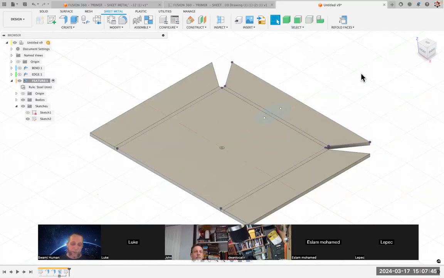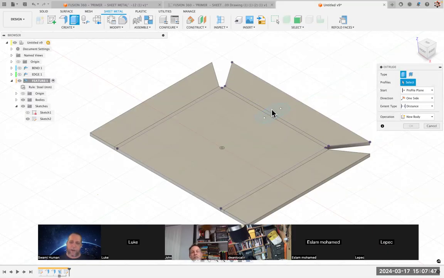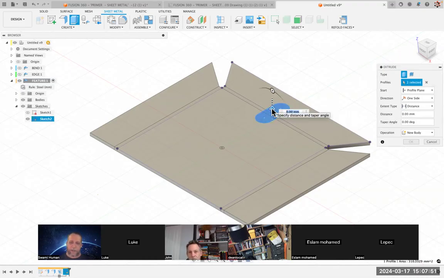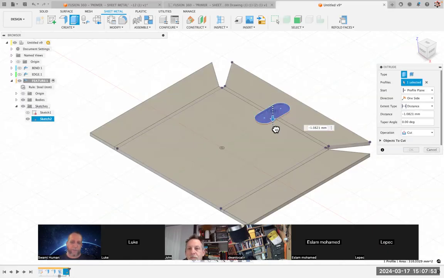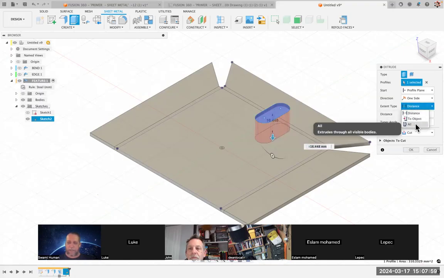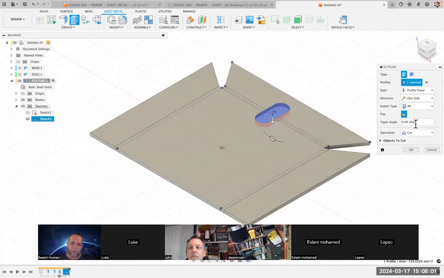Cool. We do E for extrude. We hover and find that profile. And then we get our little arrow, we drag it through. That works there. We can say distance all if we wanted to say all. That way, if we change the thickness, it's always going to find all the way through correctly, and hit return